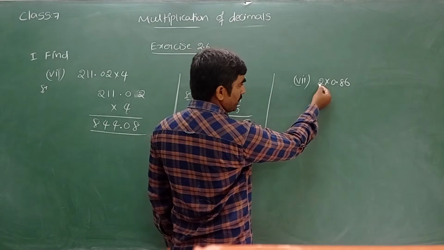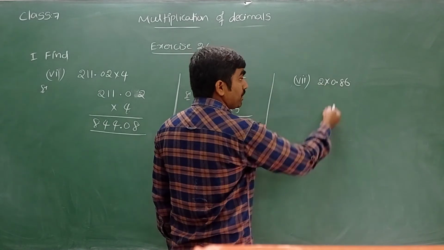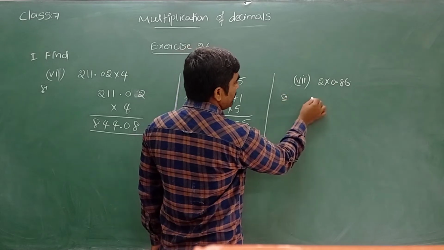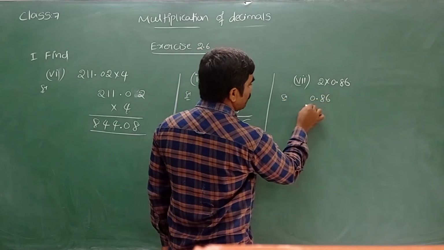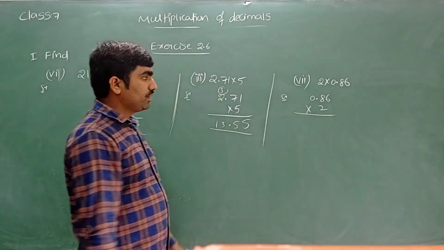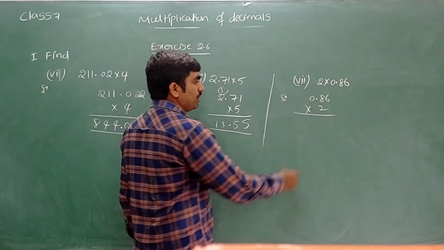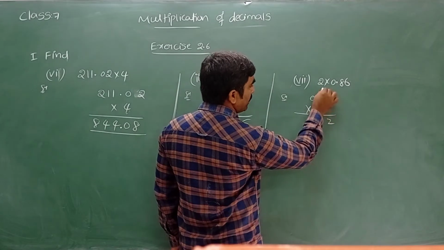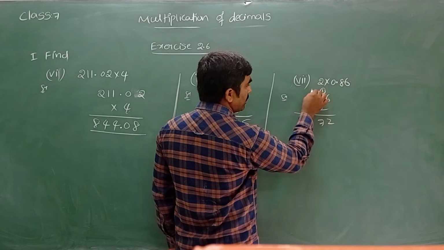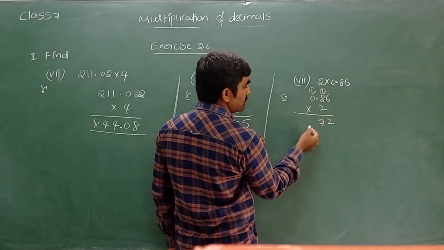They are asking to multiply a whole number with a decimal. We can multiply a decimal with a whole number also to get the same result. So let us multiply this 0.86 into 2. Both we get the same answer. 2 into 3 is 6, 3 into 2 is also 6. We can multiply in any order. Now let's see. 2 6s are 12, 2 1 carry. 2 8s are 16 plus 1 is 17, 7 1 carry. 2 0s are 0 plus 1.